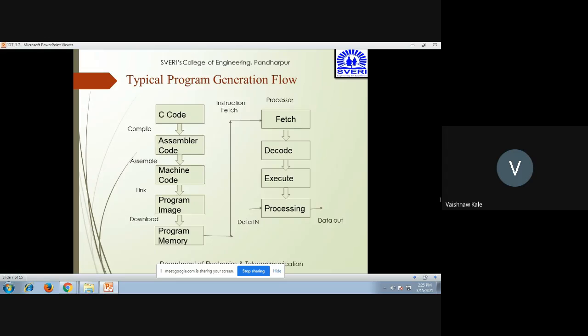This executable file is then downloaded into the program memory, and the instructions will be fetched by the processor. Then they will be decoded, executed, and then processed, where data in and data out are considered. So this is the typical program generation flow that takes place.